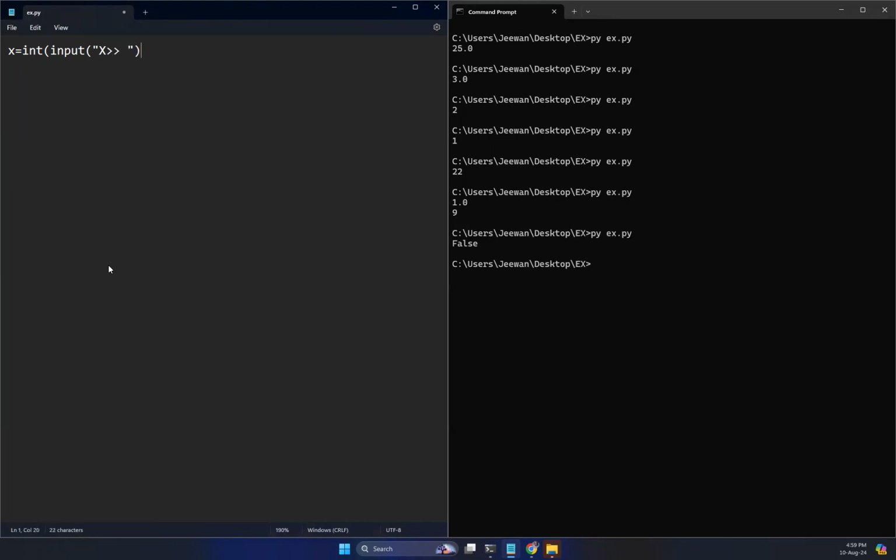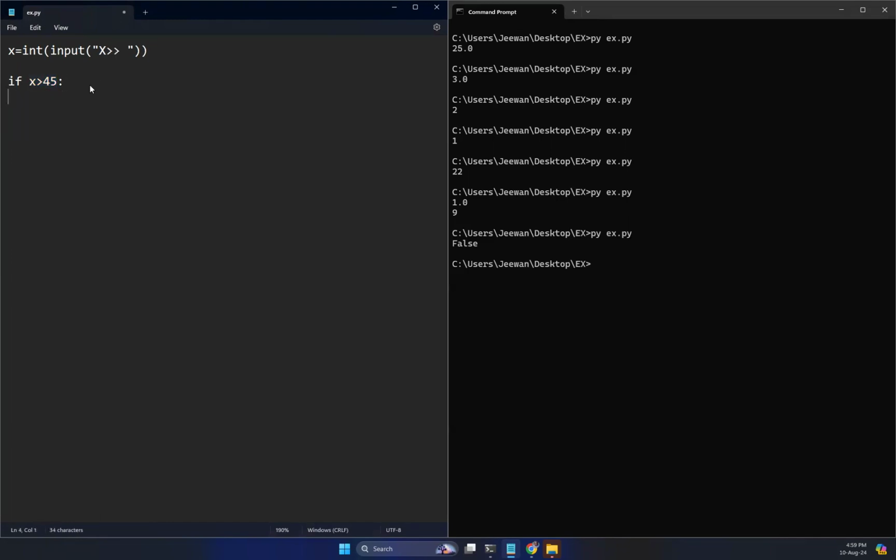Then we got the x value, and then we can check whether the if condition holds. If the x value is greater than 4, then I want to have a colon right after the condition. This has to be evaluated to a Boolean value. If this is true, then it will display